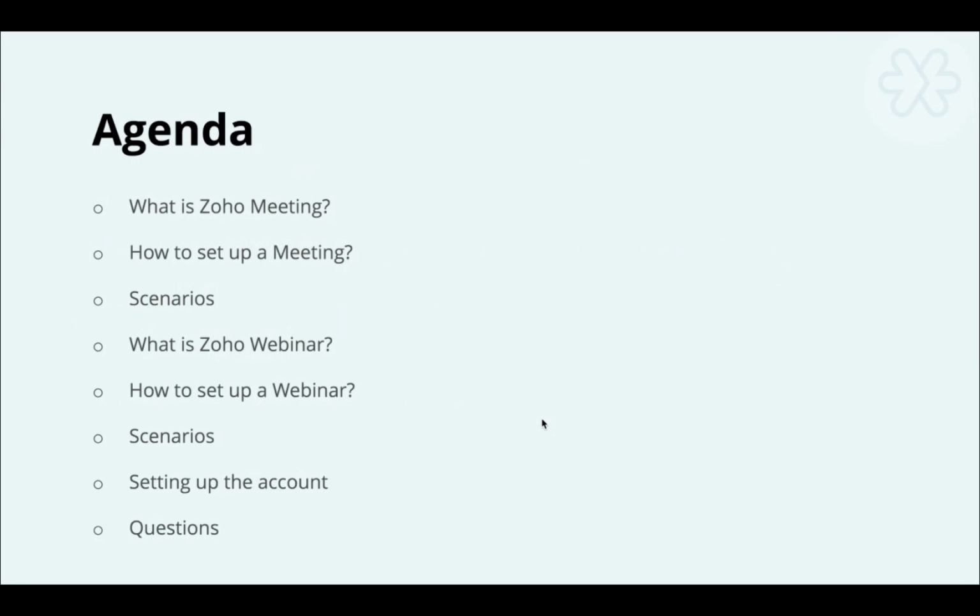This is the agenda for today's session. Let me start with a brief introduction about Zoho Meeting and why we should use it. With a demonstration of the new version, I will give you a complete walkthrough of Zoho Meeting. Then, we will have some scenarios to get an overview of how exactly the module works. Followed by this, we will learn how to set up your account with your corporate branding, add users, and associate profiles. Finally, I'll wrap up the session with a roadmap to show you some of the upcoming features in online meeting and webinar solutions.